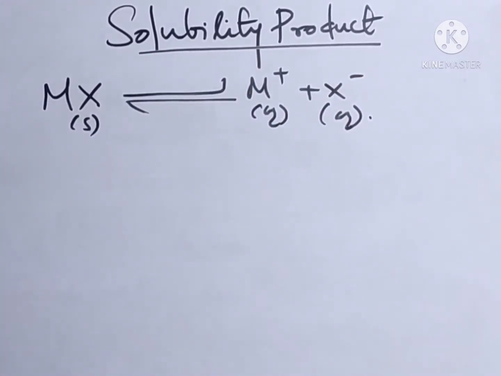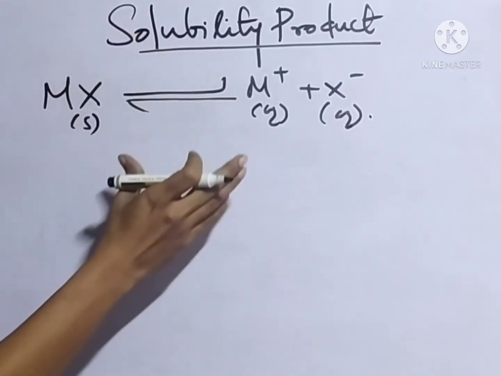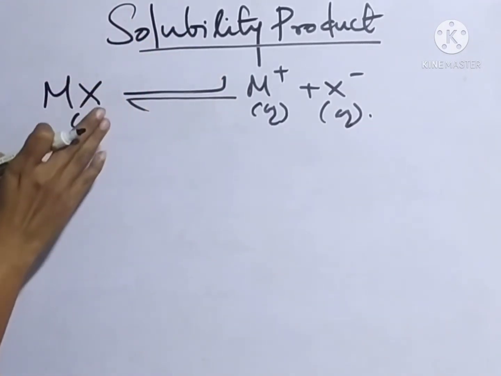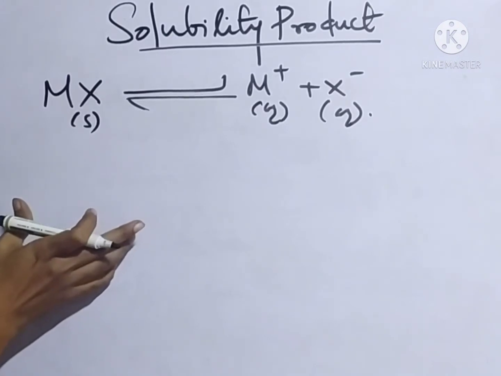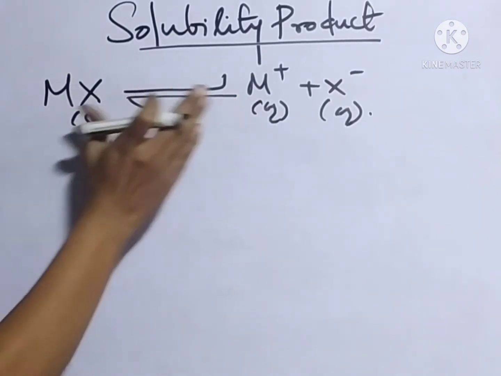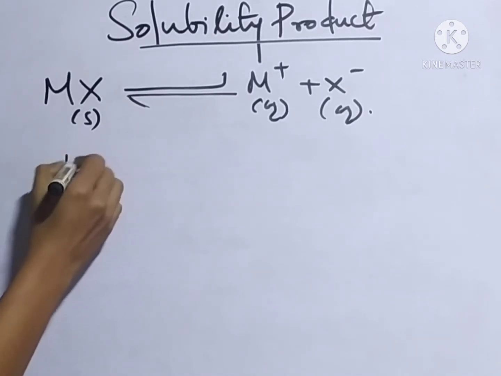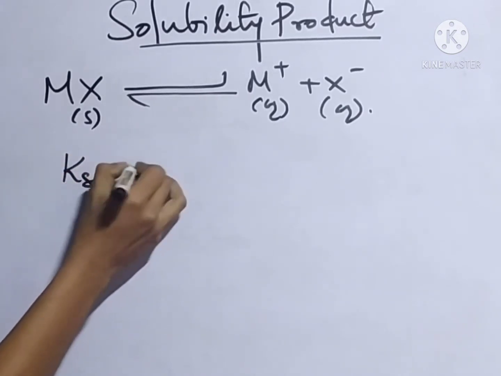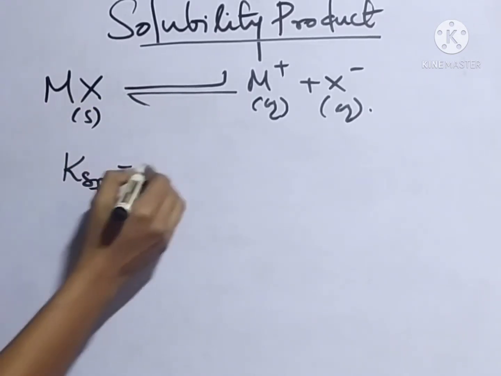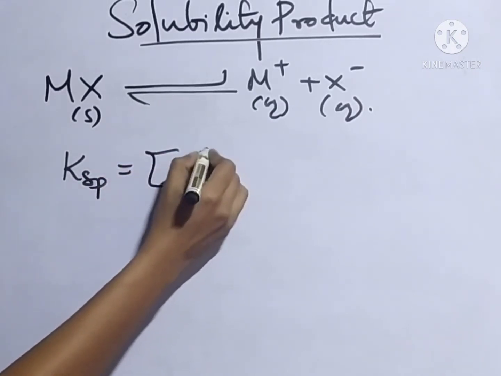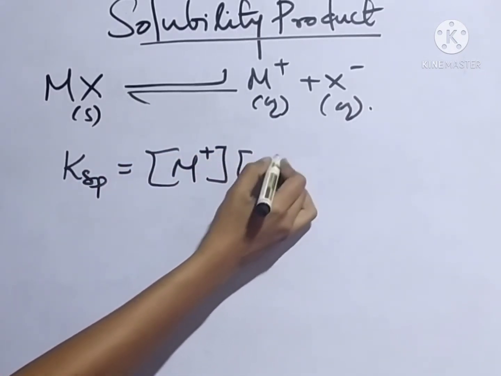These two are aqueous, and if we prepare a saturated solution of MX, we'll get an equilibrium like this, and the solubility product KSP of MX equal to concentration of M plus into concentration of